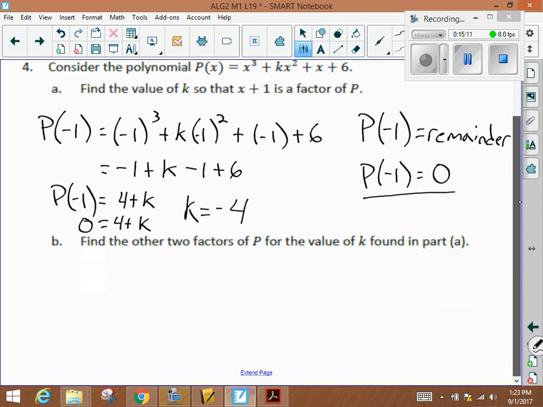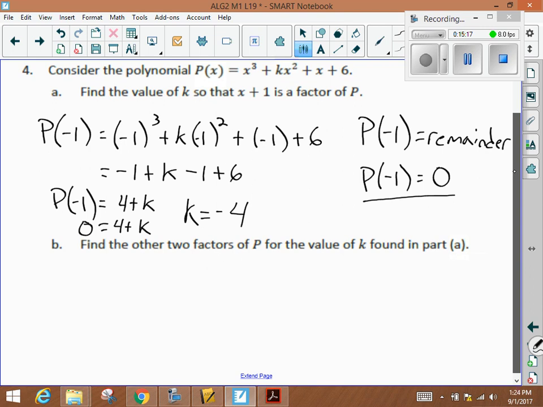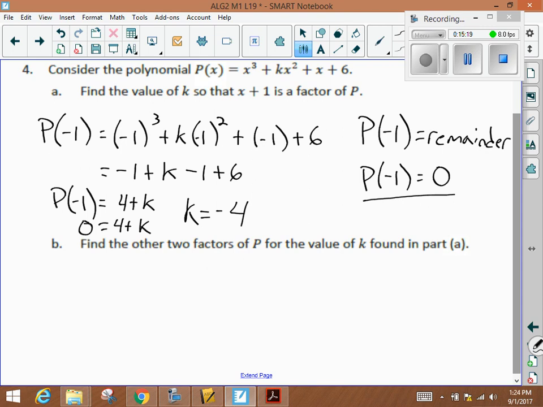Okay, in this question they're asking us to find two other factors. Let's go ahead and find at least one other factor. So in that case, what we're being asked to do is to divide, right? I want to divide p of x by our new expression with k equals 4 plugged in there, right? So in other words, in order to find another factor,